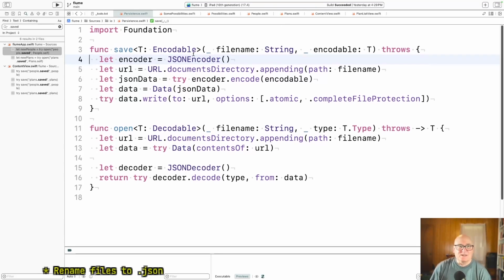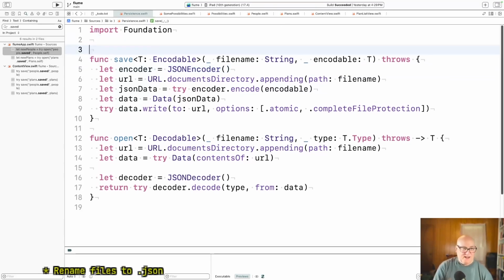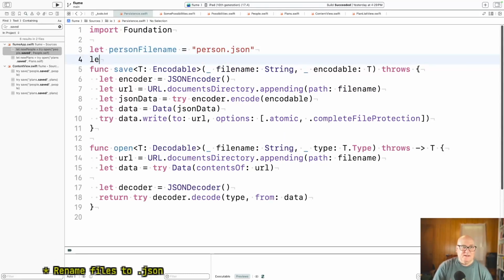All right, so in persistence, I'm just going to make a couple of constants. Person file name is person.json, and plans file name is plans.json.